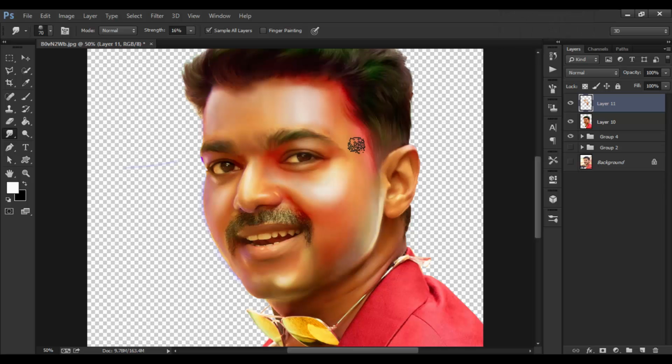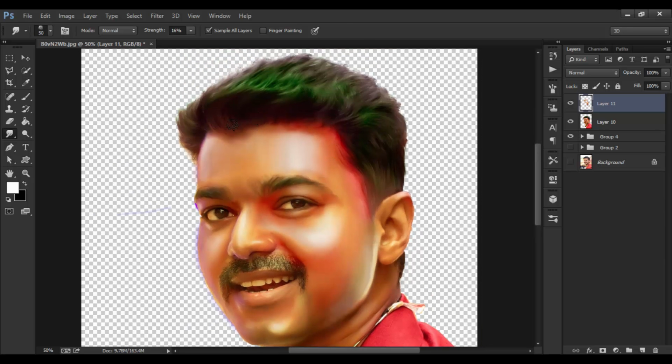I think it's enough as of now. Now the next step we are going to do is detailing the hair, and I'm going to see you in a